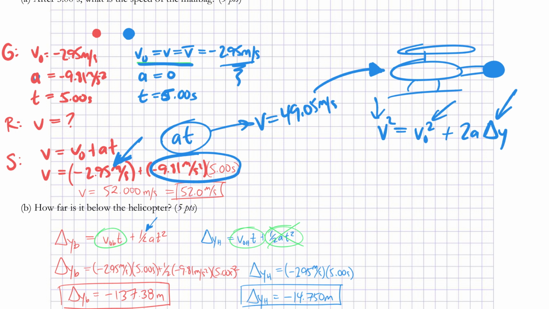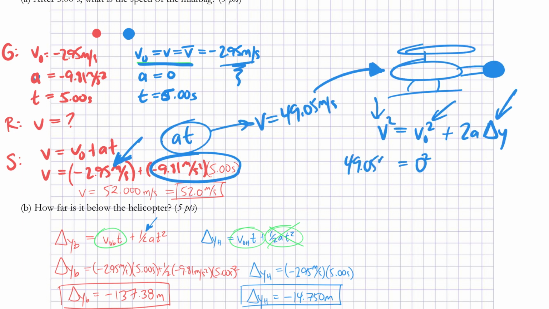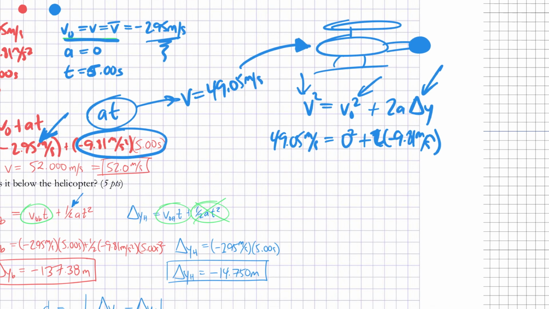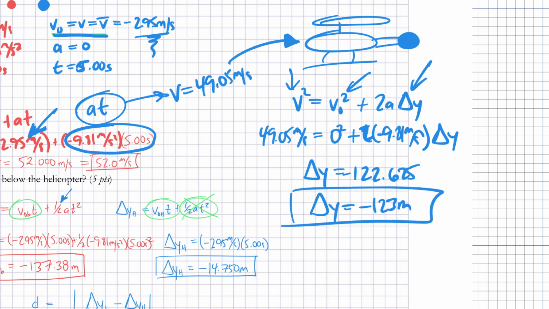So relative to the helicopter, the initial velocity of the bag is 0. Okay, relative to the helicopter, the final velocity of the bag, it's moving away at 49.05 meters per second from the helicopter. And then plus 2, oh, that's not a 2, 2 times negative 9.81 meters per second squared. And then we'll solve for delta y. Okay, and if you do the math here, you get a nice pretty negative 122.625. And if we round that, we get delta y equals negative 123 meters, which is pretty stinking nice,